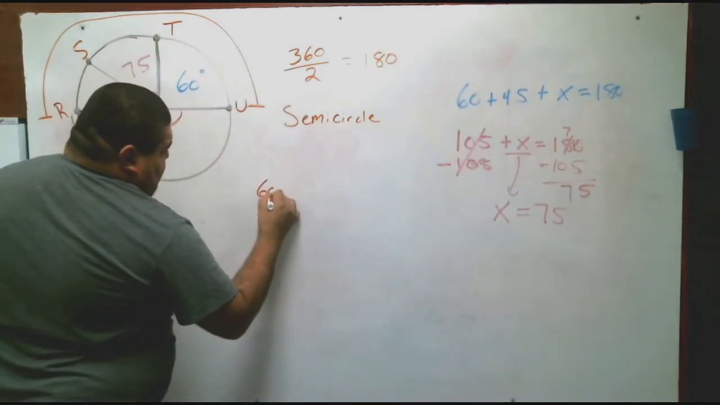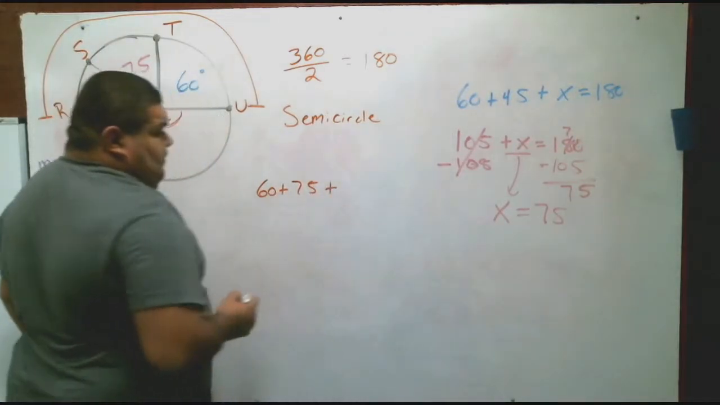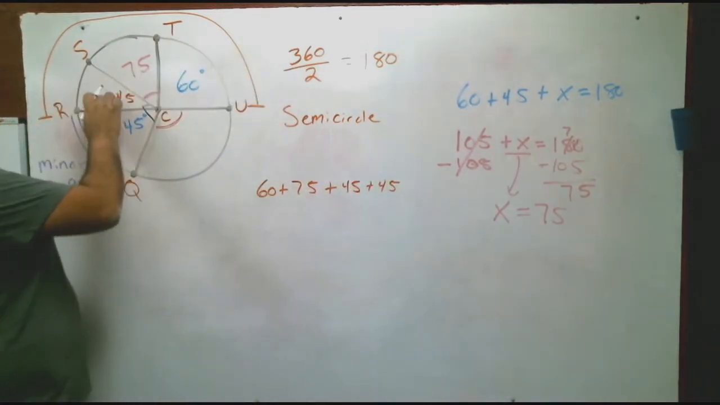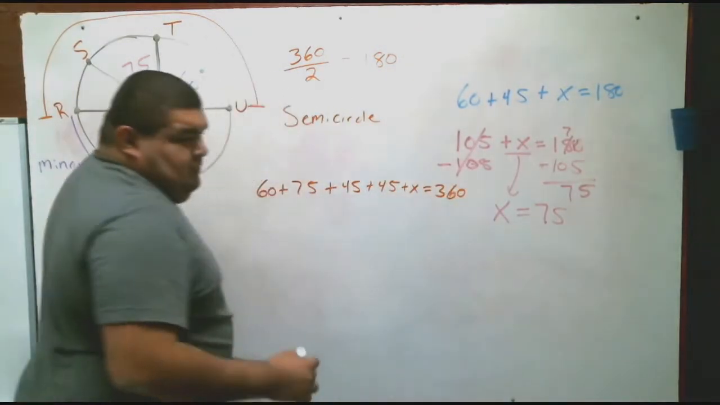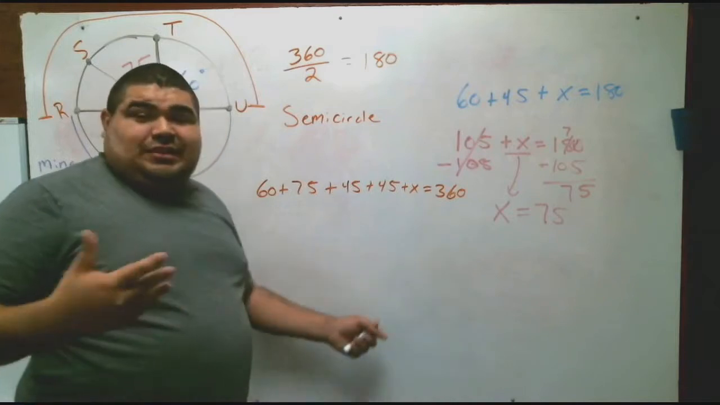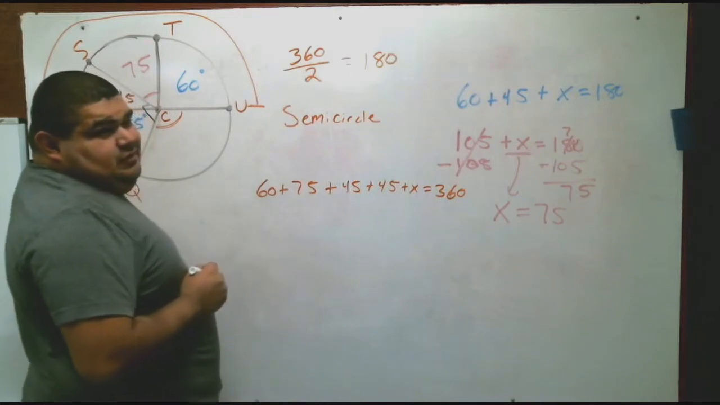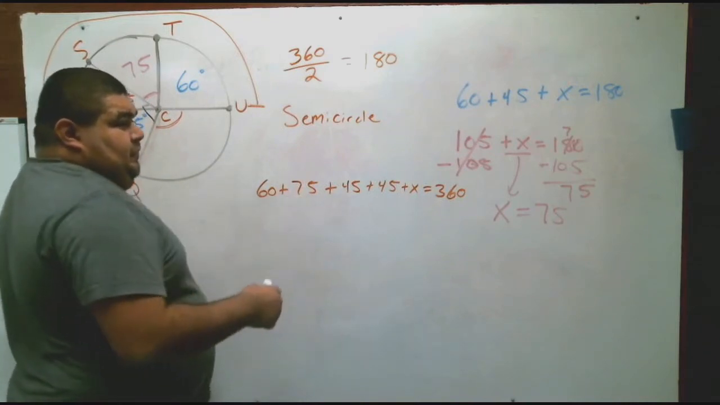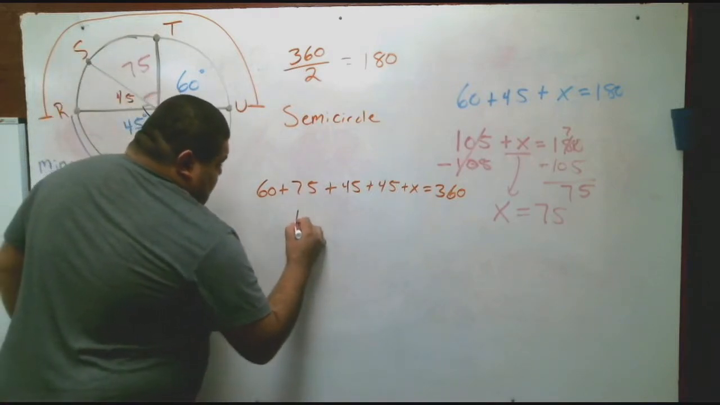So we can say 60 plus 75 plus 45 plus the other 45 we have, because remember we have 2, plus x equals 360. Since we have all these numbers, we can combine 60 and 75. Any suggestions? I'll tell you what. How many do we need here to get to 100? 25, right? So we can say 100